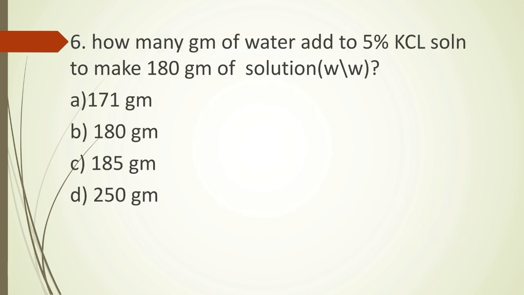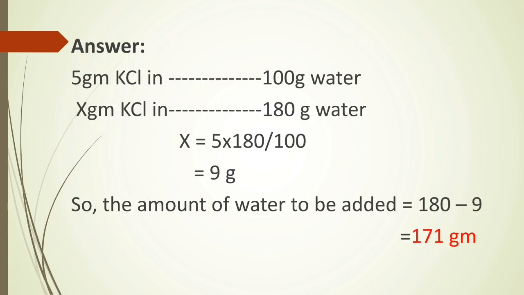But here the question is how many gram of water are to be added to make 180 gram. So this 9 gram means 9 gram potassium chloride in 180 gram of solution. We have to find out how much water is to be added. For that we have to subtract this 9 from the total quantity, that is 180. So the answer will be 180 minus 9, which is equal to 171 gram of water to be added